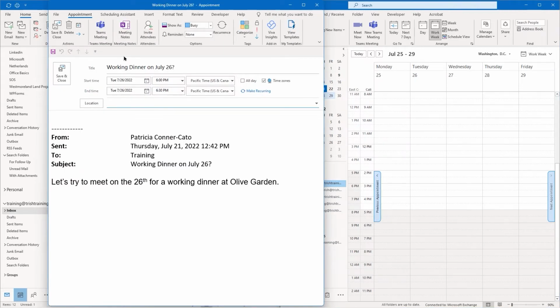So it creates an appointment with the name of the email subject line and the contents of the email in it, which is really cool, right? And then for location there, I'll just type Olive Garden.